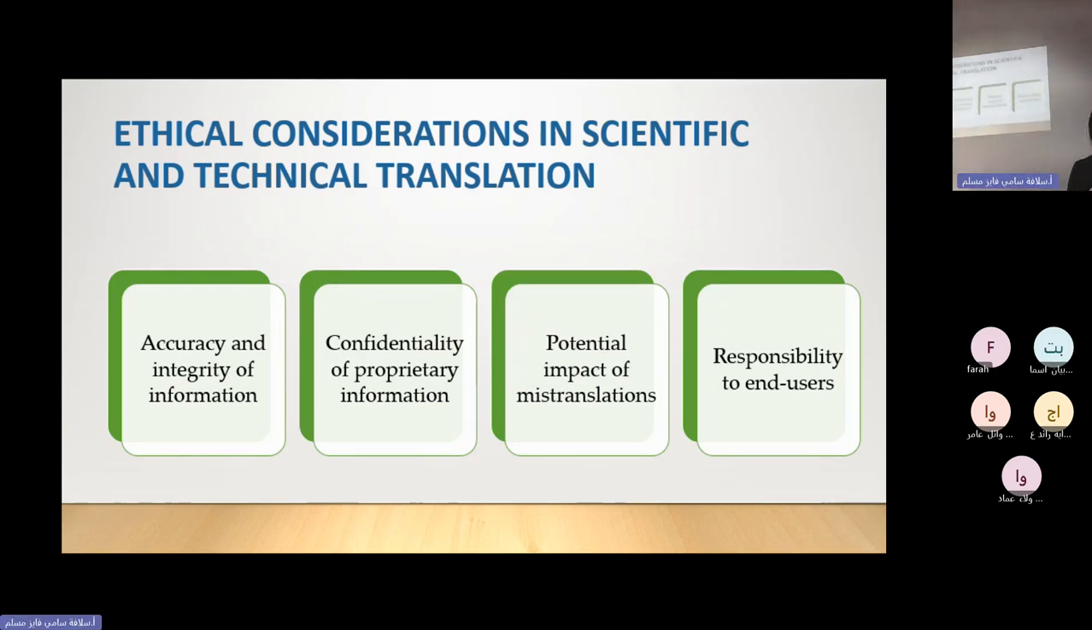Potential impact of mistranslation. المistranslation خصوصا في الأمور العلمية is very bad. It can lead to death. ممكن تؤدي للموت. أوكي؟